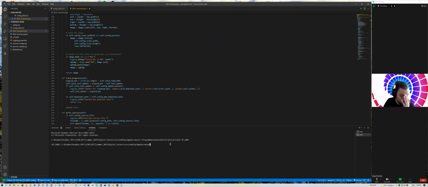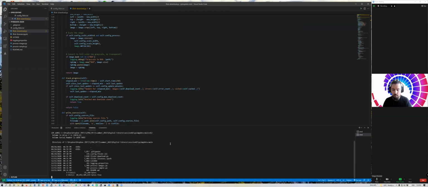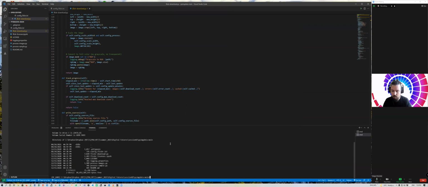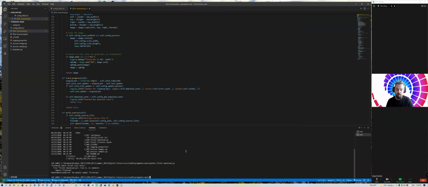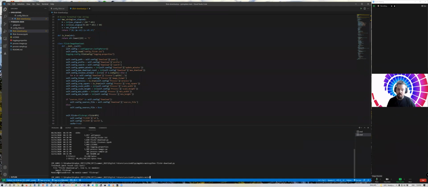So let's try one thing. Let's say, here, for example, I want to do python flickr download dot py. So I'm executing this file now, and we will get, of course, an error because we need to install a couple of things. The first error here is in line 4 of this file, telling us that there is no module called flickrapi. So when you have something like this, you need to go